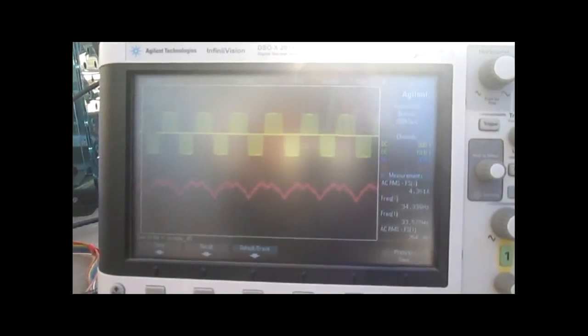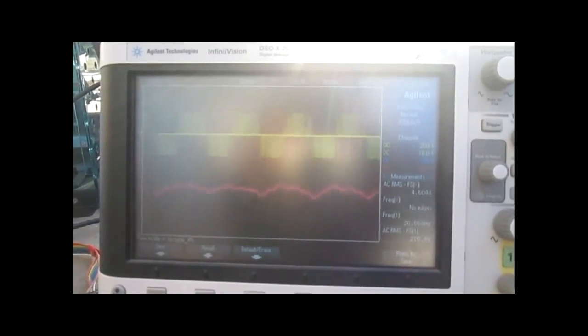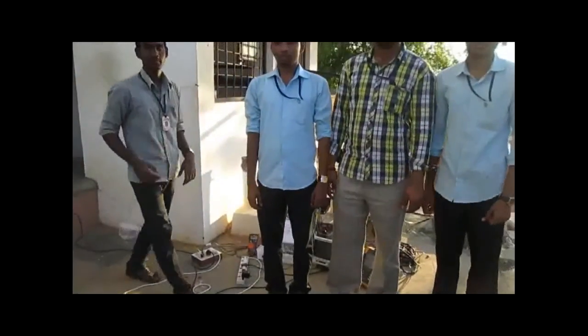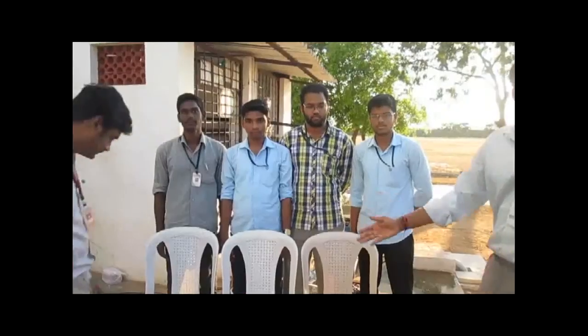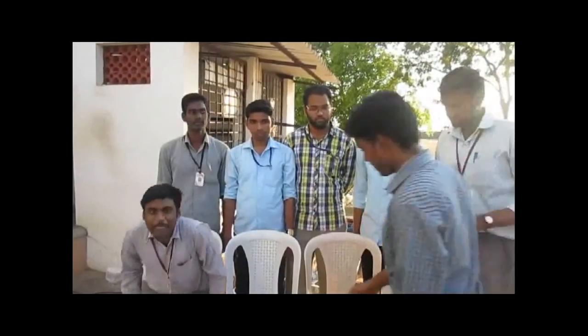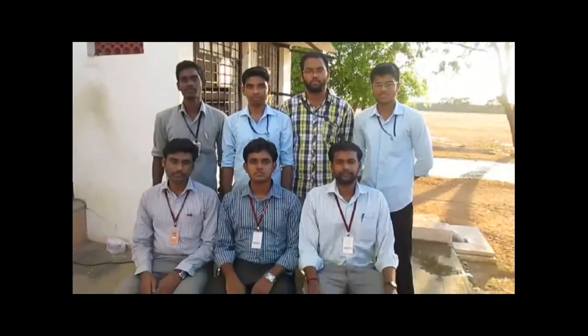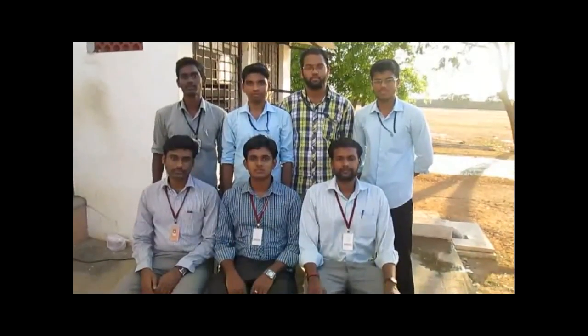What you are watching now is the induction motor voltage as well as the current. Though the voltage, in yellow color, is pulsed, the current is absolutely sinusoidal, and hence there is no problem associated with harmonics. Our intelligent control unit controls the inverter in such a way that there is no